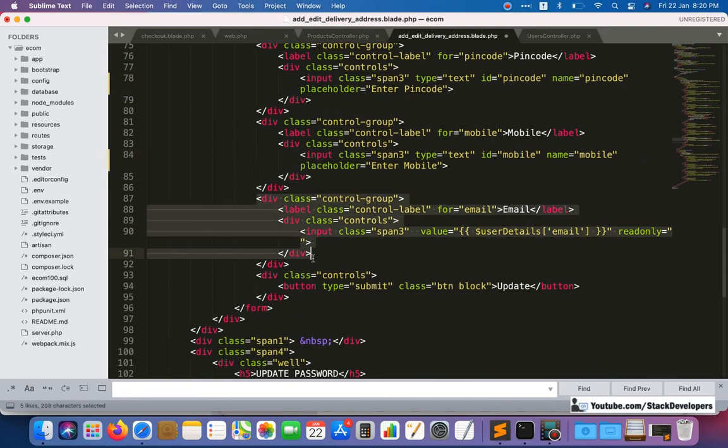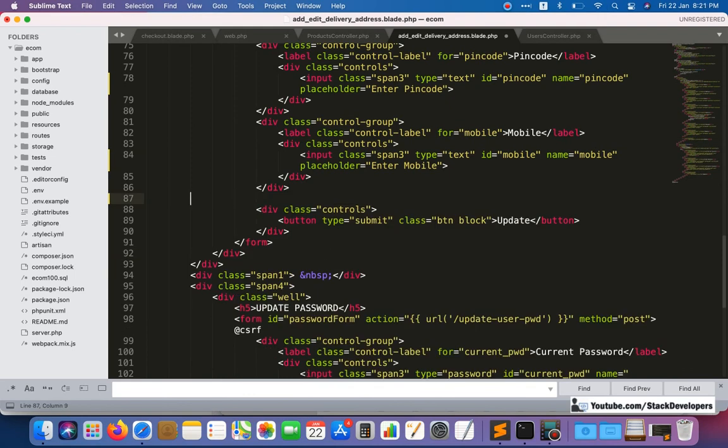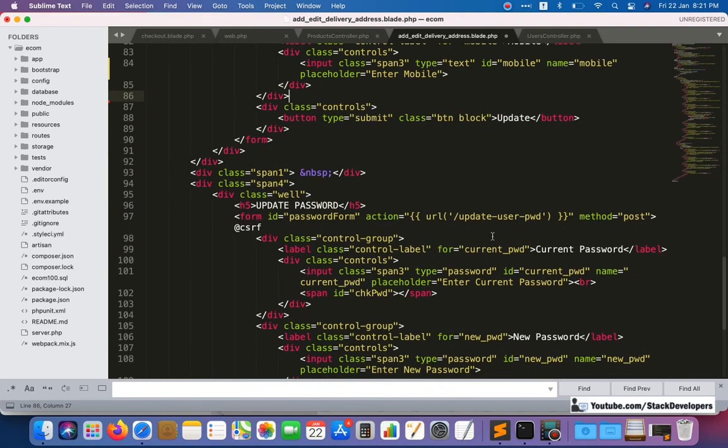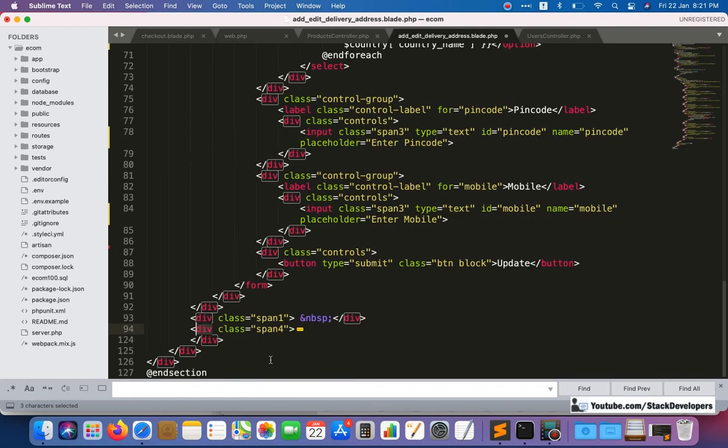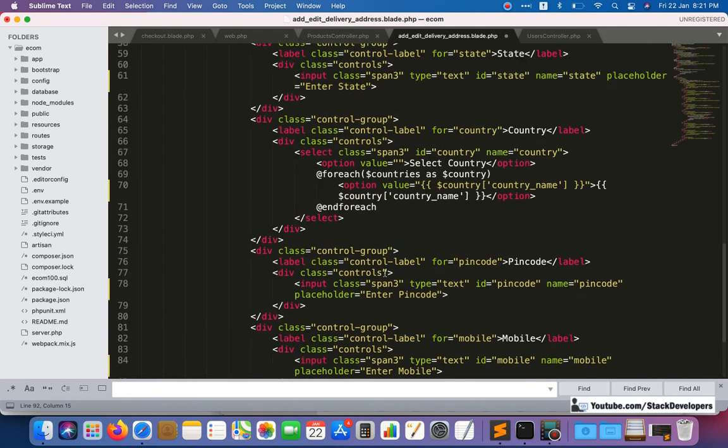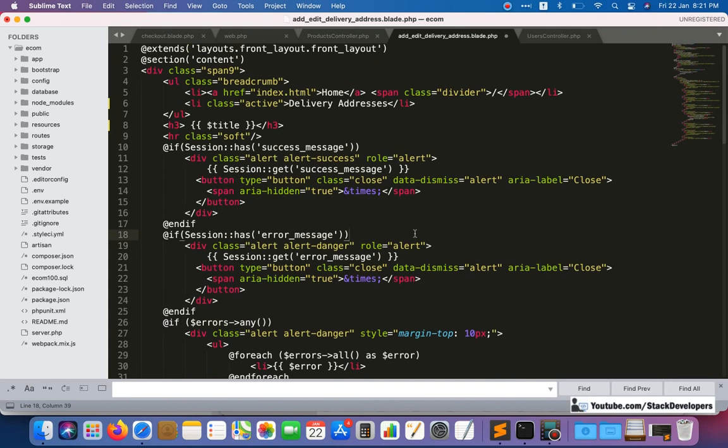See, email will not come here because we will not save the email as delivery address, and this update password will also not come. We can leave this all. So now it is fine.